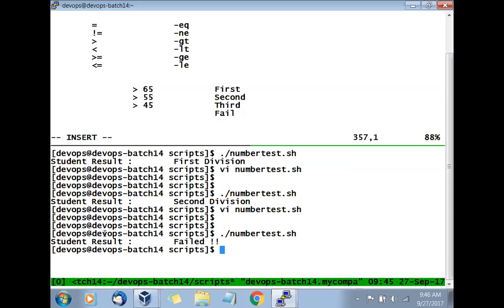Now we are using the third method, the if, elif, and else method. This is clear?